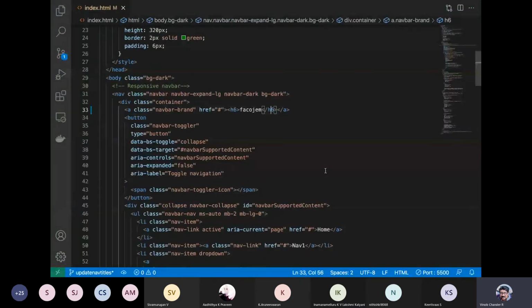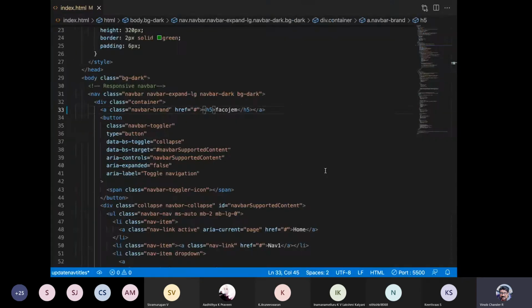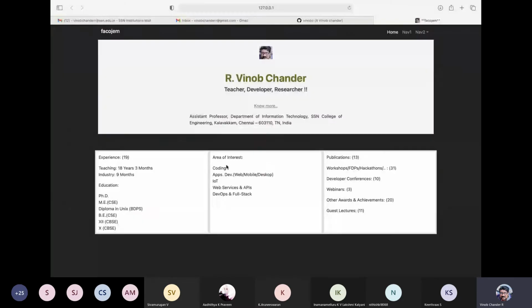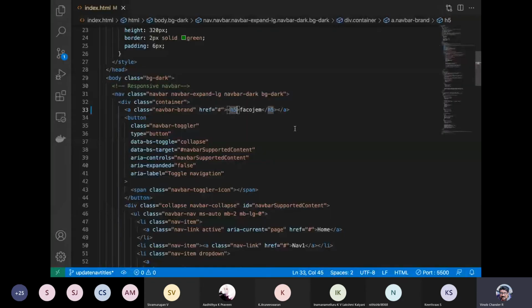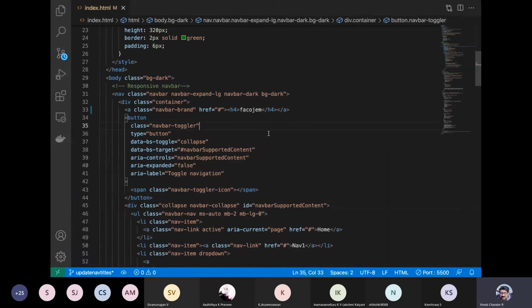It's a heading, so almost no change if I do an h5. Is it getting reflected, guys? There is some small change. Anyways, let us make use of h4 and apply a class to it.